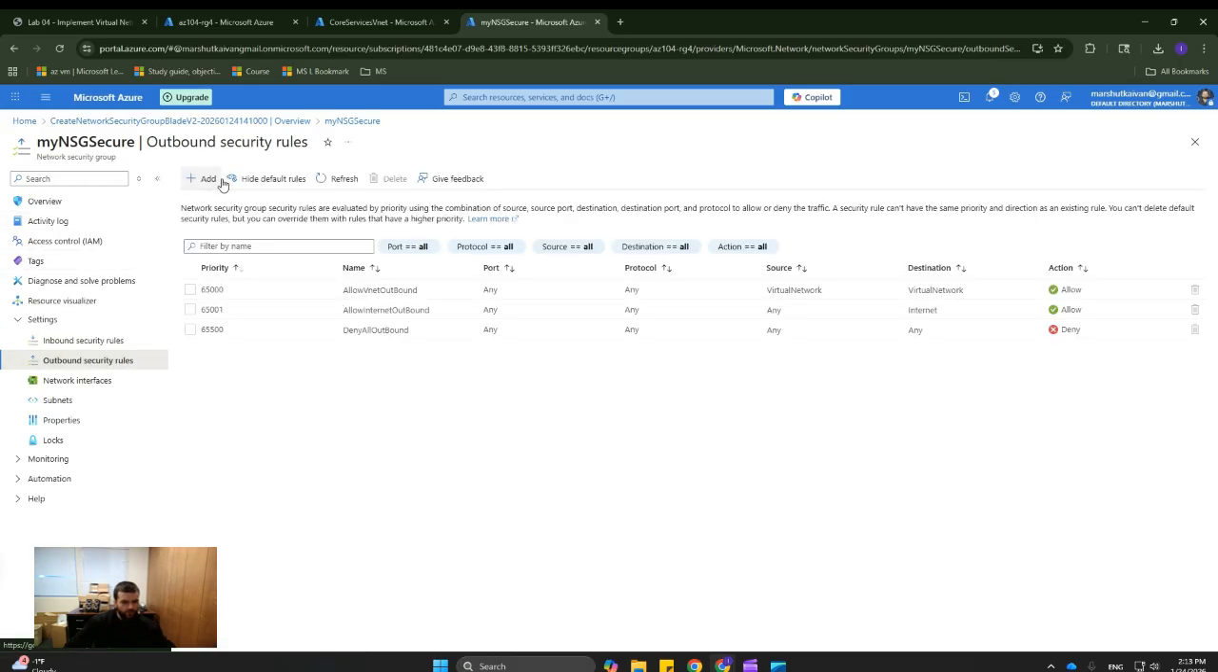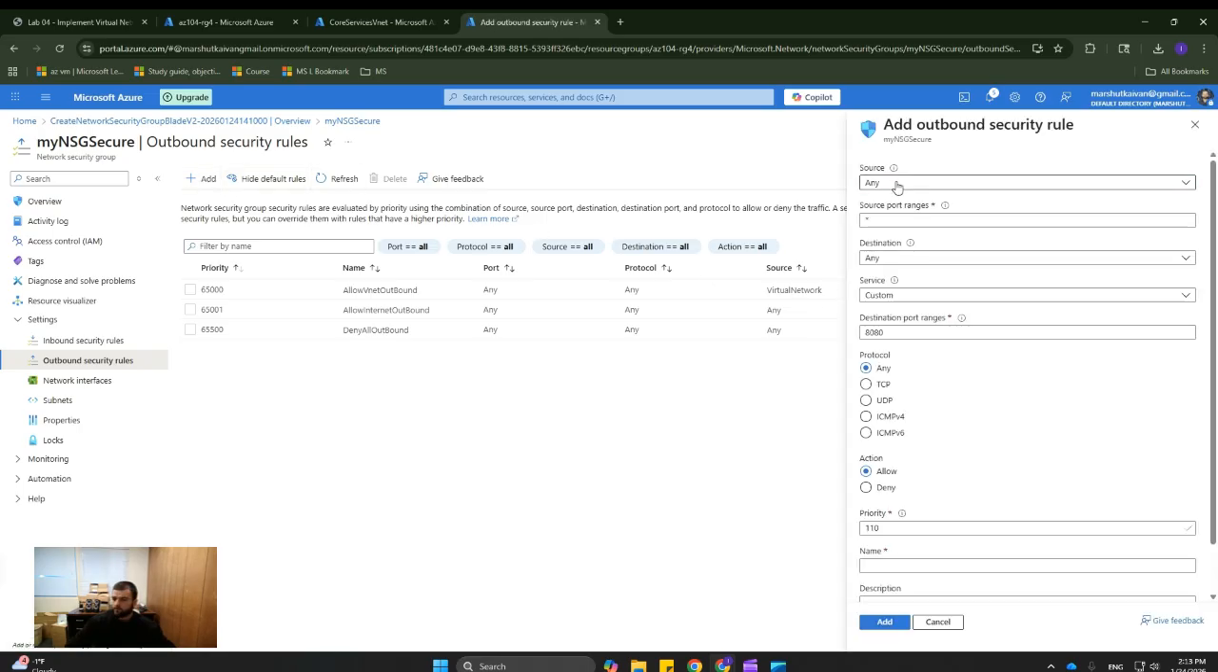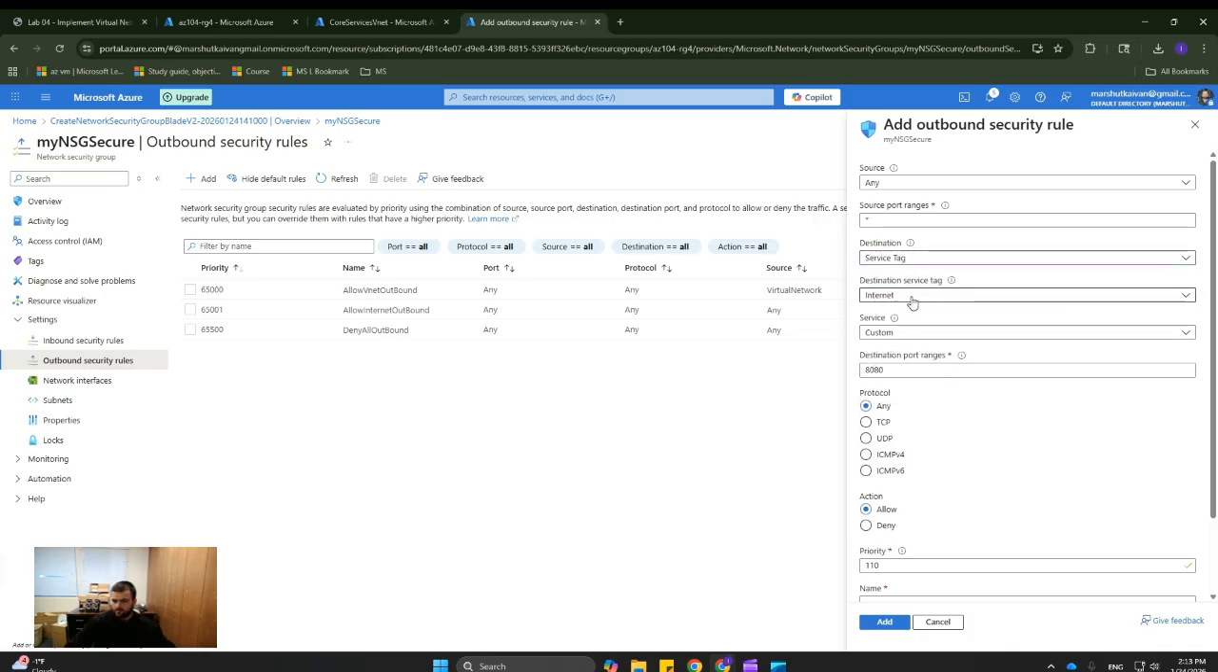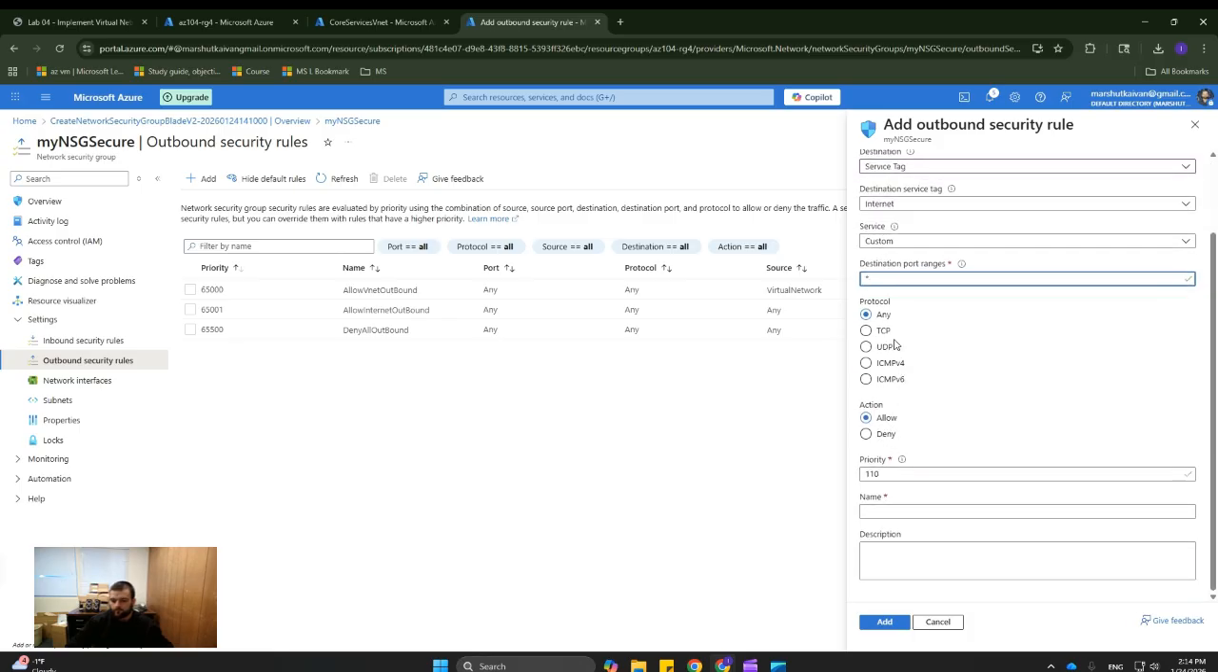Okay, add. Source, in this case any. Destination service tag. Interesting. So we can keep service at custom for port ranges, any, protocol any,